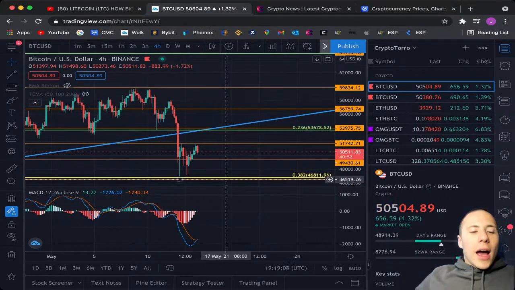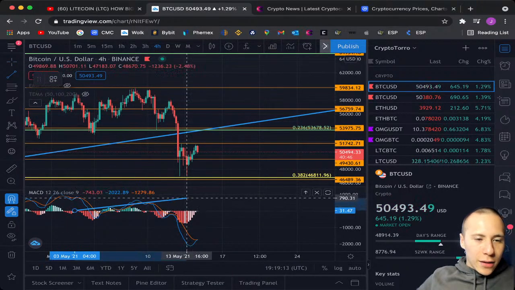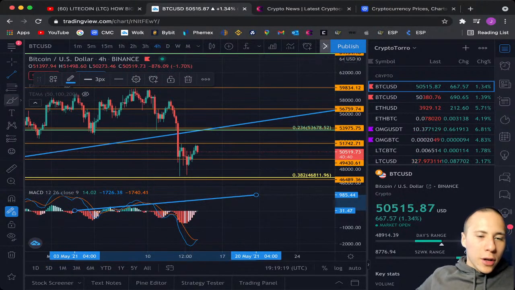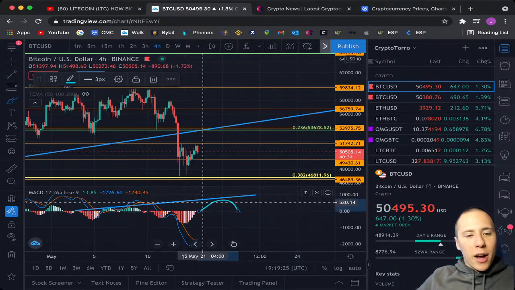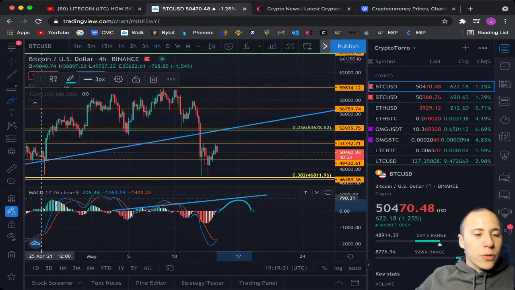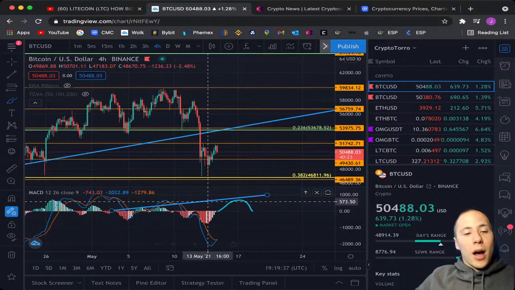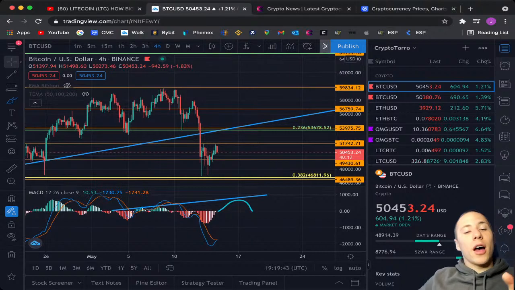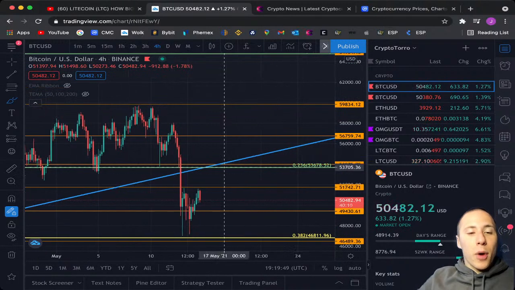So guys, as you can see, the momentum, as I was talking about on the MACD, is really important. If I draw a trend line, a possible momentum towards the upside would look like this all the way through here. And once we see this type of momentum, a big momentum wave, as we saw over here on the 25th of April, a huge wave towards the upside is created due to this momentum on the MACD. I'm personally thinking that we will be seeing a huge momentum towards the upside being created on the Bitcoin chart just in the short term. So for now, that's just my technical analysis on Bitcoin.